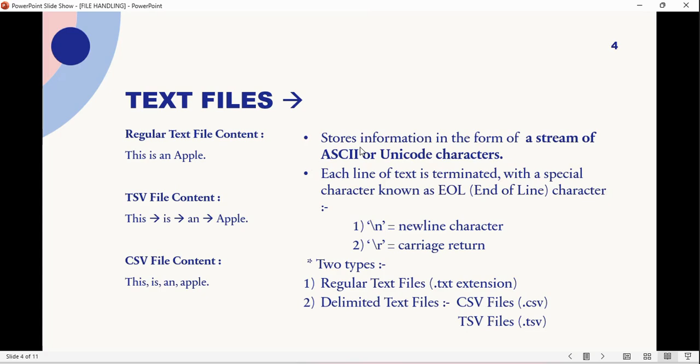Text files store the information in the form of a stream of ASCII characters, or you can say Unicode characters, in which each line of text is terminated with a special end of line character, known as the EOL character, like backslash n, backslash r. Backslash r is carriage return, and backslash n is the new line character. Backslash t is not the end of line character. Backslash t is just an escape sequence, like backslash n and backslash r, but it provides a horizontal tab space